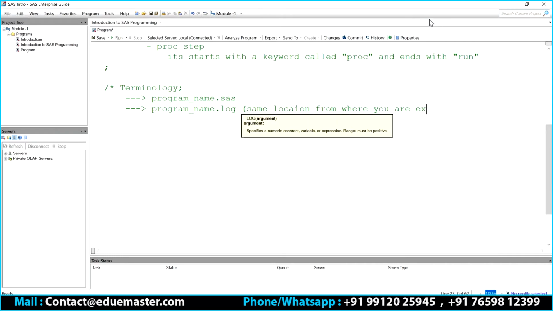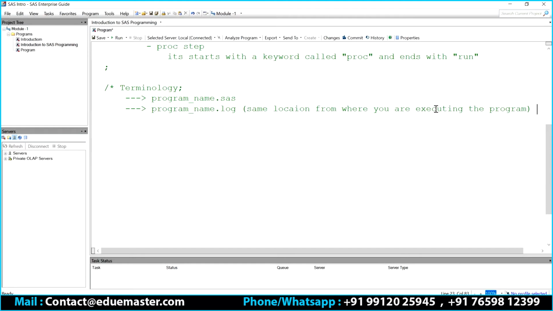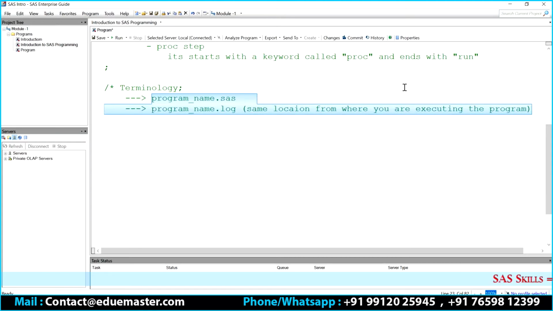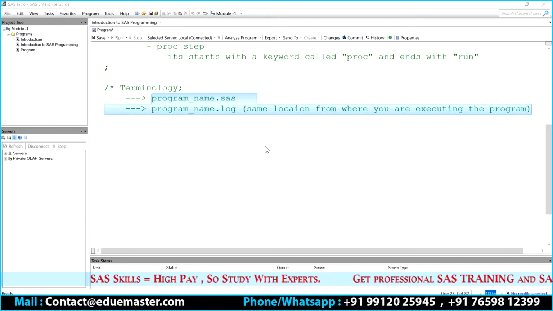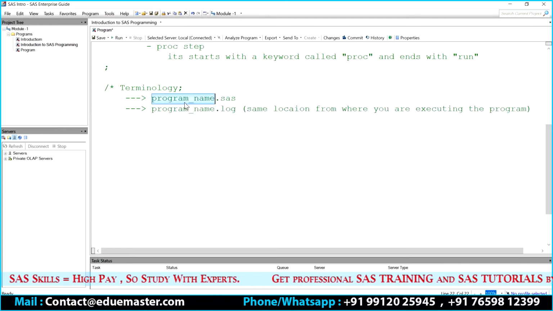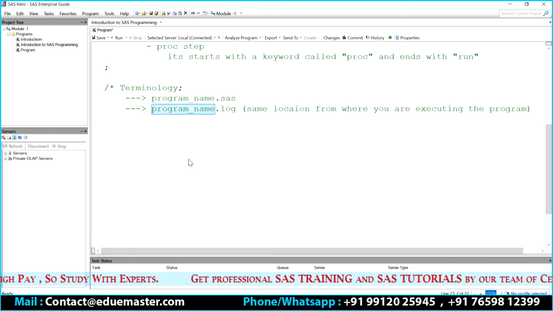Remember this, there are a lot of things that need to be discussed around this particular topic, right? I'll tell you. Whatever I'm talking about here is pretty much related to Linux. As long as you are using Windows, with your PC SAS or any of the tools, you don't need to bother about where your program is or where your log is.